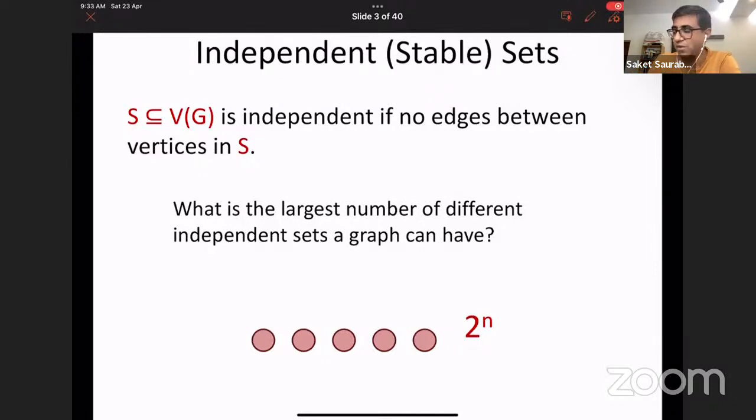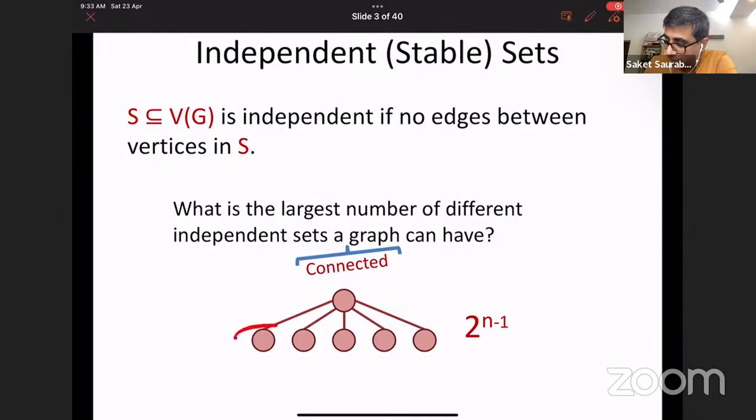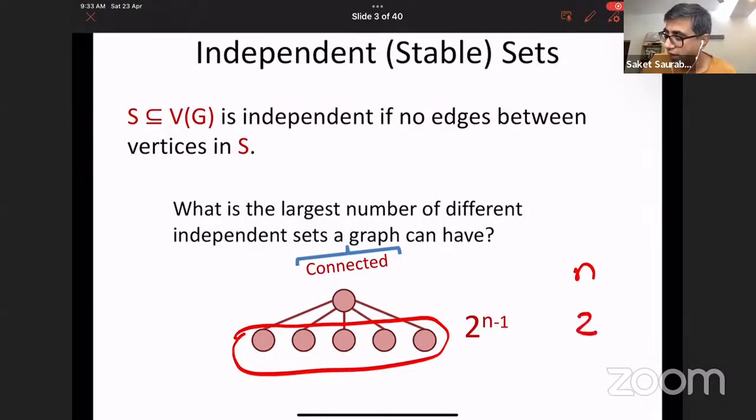But you might say that it's cheating because maybe you can make the graph connected, but that will not change much, because I can just take one vertex and connect it to every other vertex. Now notice that here I still have n-1 vertices and any subset of those is an independent set. So in this graph on n vertices, we definitely have at least 2 to the power n-1 independent sets. If I started with an n vertex graph, the number of subsets is roughly 2 to the power n, since the summation of n choose i is 2 to the power n. So this doesn't sound anything interesting, right?